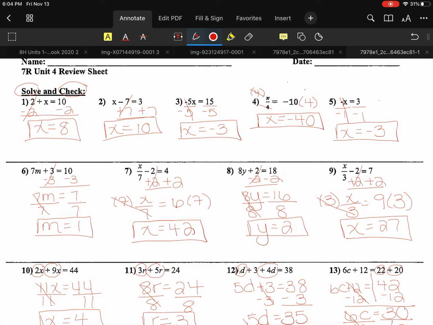Full test, 25 questions will be in class either Monday or Tuesday, depending on which group you're in, A or B. And I will be checking to make sure this is done, fixed, corrected. And I did put a question in the Google